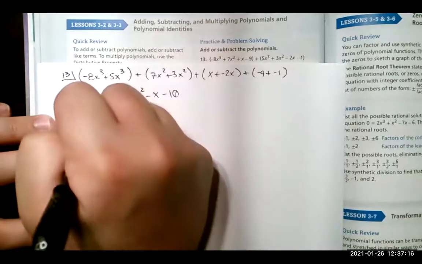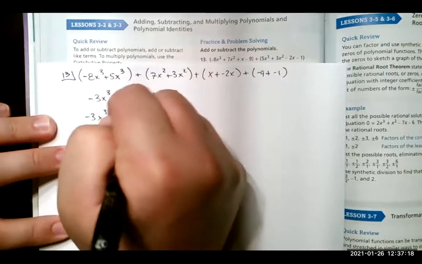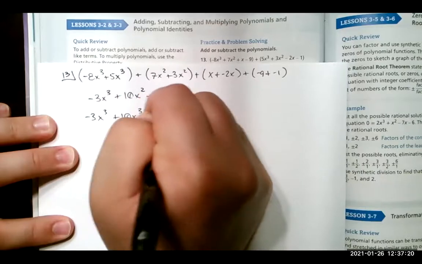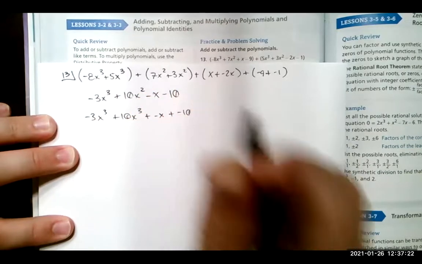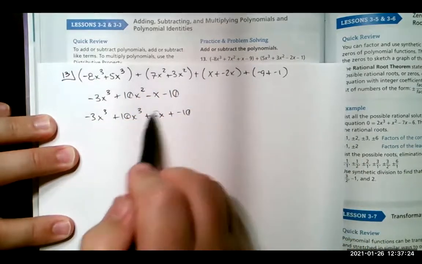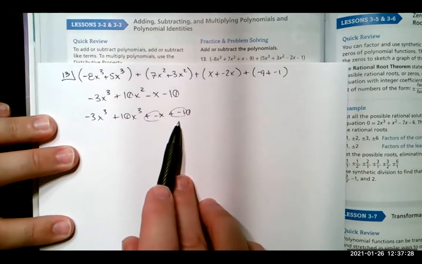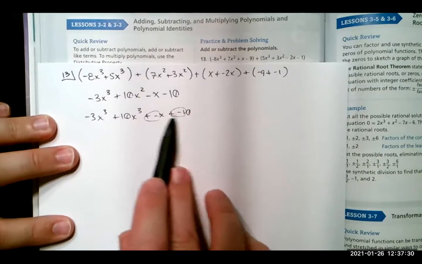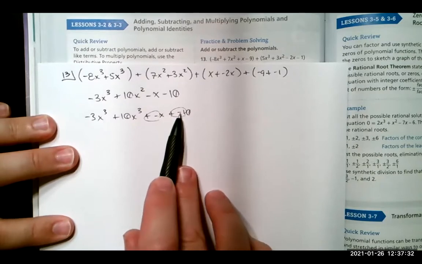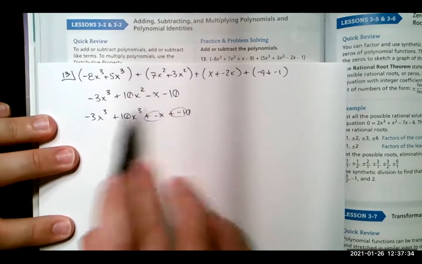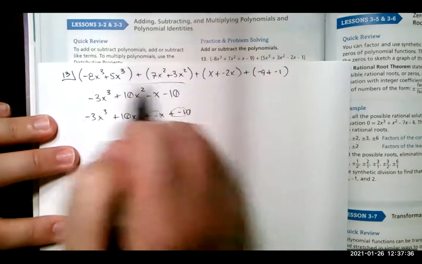Again, you could have written this as negative 3x cubed plus 10x squared plus negative x plus negative 10. You're not really going to see these kind of double signs anywhere throughout the book. Anytime I talk about something, I'll always simplify that. Instead of writing plus negative, I'll just write it as minus. It's just kind of less stuff to worry about. So